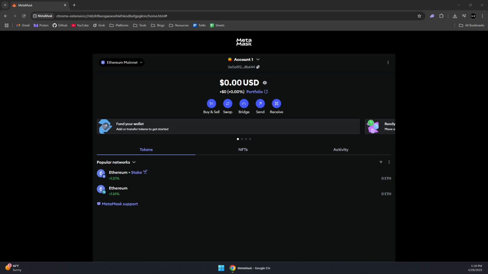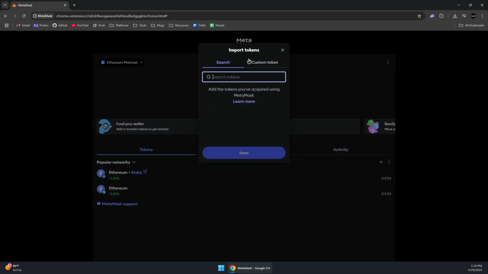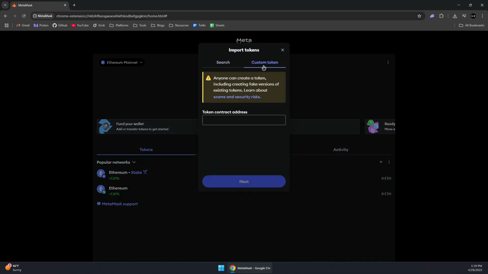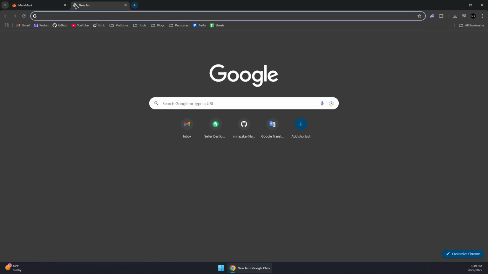So here's how to send Atok to MetaMask. First, you will need to open your MetaMask wallet, and then under tokens here, you should see three dots on the right. Click on the three dots and then click import tokens. And now click custom tokens tab, and we'll need to paste the token contract address, which you can get from